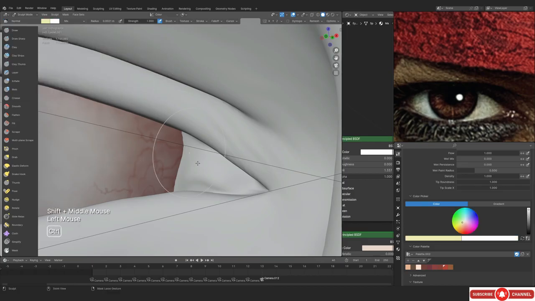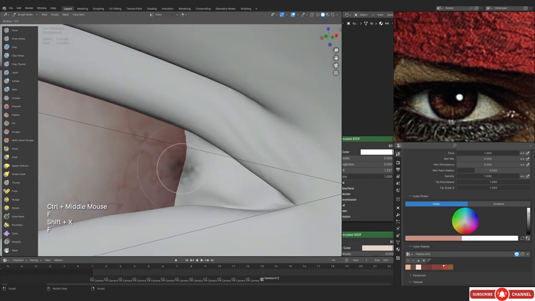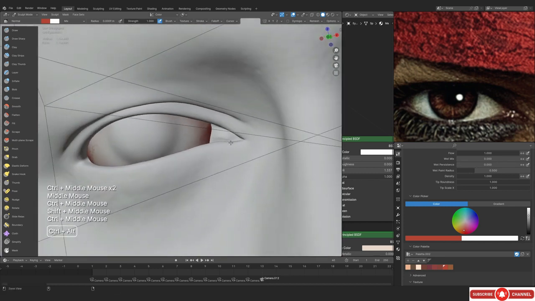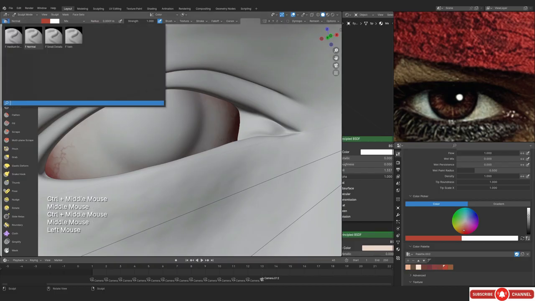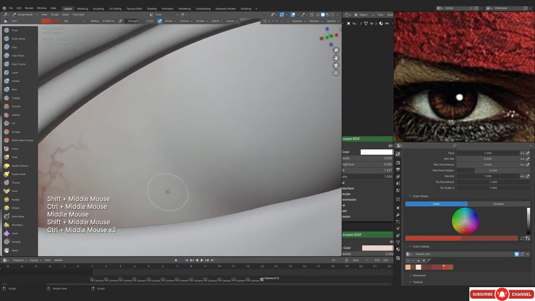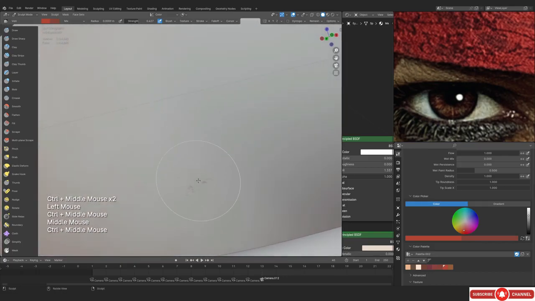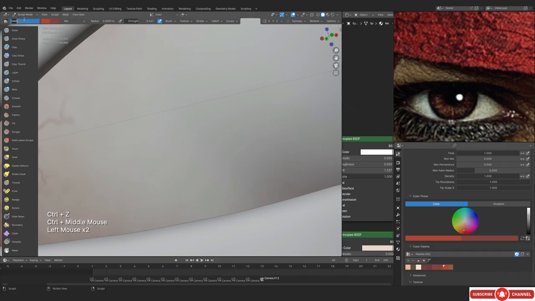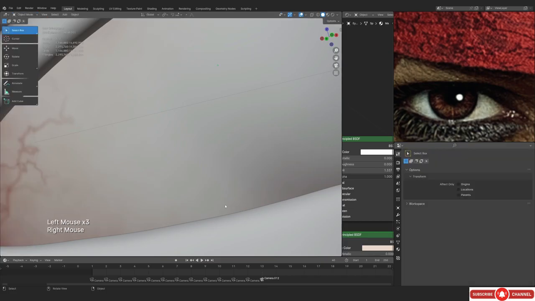So I think I remember it correctly, but veins, I think I'm gonna do them in two goes. I think the first one kinda sucked, so I had to do them again, but it's okay, it's part of the process. So now the idea is to put some small little veins near the area where the eyeball actually meets the